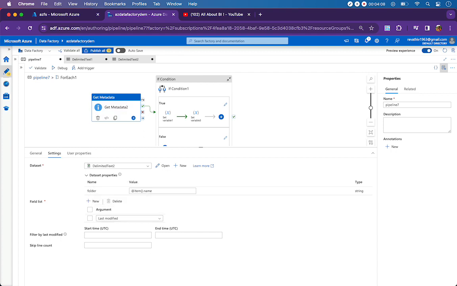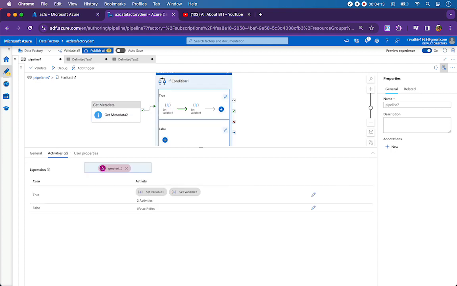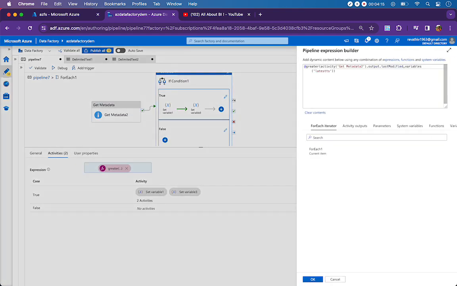So in the argument, if you see, I am using last modified date. Using this last modified date, I am using an if condition here. Inside the if condition I am passing two parameters. One is the last modified date brought by the Get Metadata 2 activity, which is inside the loop, and the other parameter is my variable, which is having a 2022 timestamp. Okay, so it will compare the folder timestamp with the variable timestamp, and if the folder timestamp is greater, what